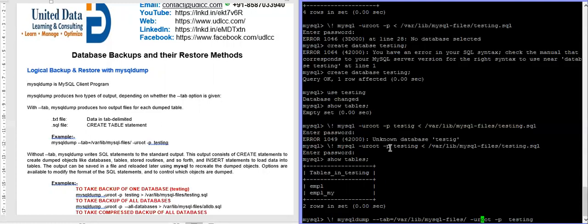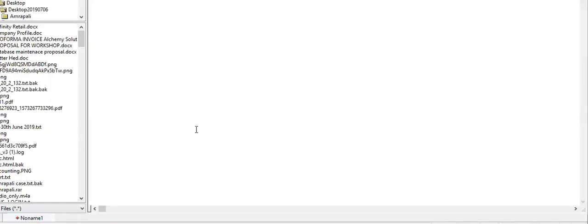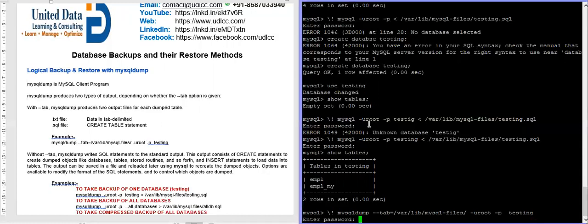Put the password. There are two tables, so it will create 4 files: .txt for two tables, .sql file for two tables.